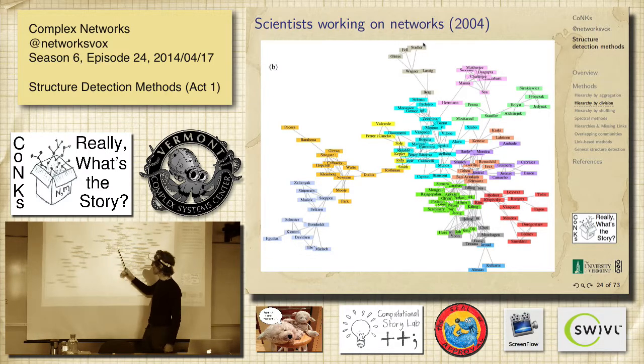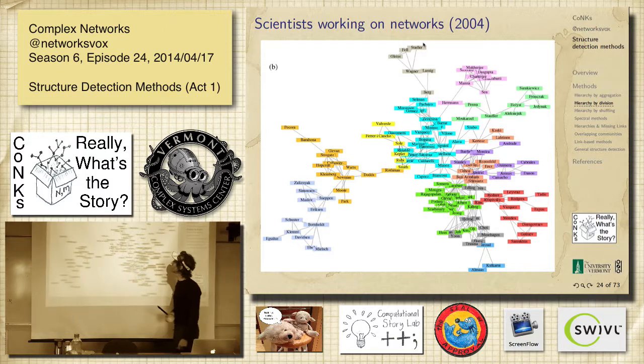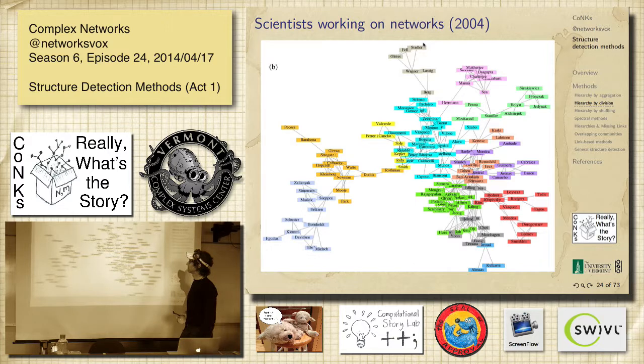These guys have done a mixture of everything. Ikancho's worked on, these people, oh my God, there's tons of people here. A lot of fun things on language. Stauffer, very famous for percolation. Of course, it's 2004. Now it would be completely filled. There's Luis Amaral, Portugal. He was at Northwestern. Gene Stanley is here. I mean, it's just Sid Redner. It's a crazy, crazy list. Barabasi is, where is he? He's in there. There he is. That guy. He's a hub.